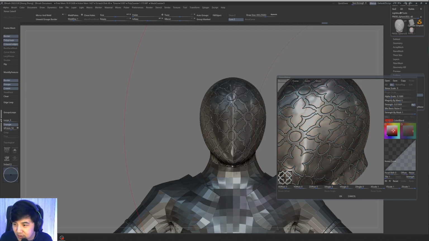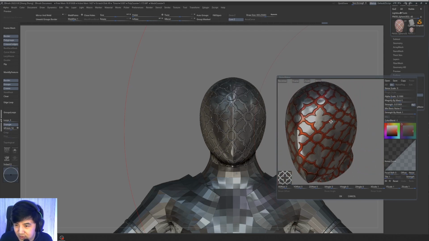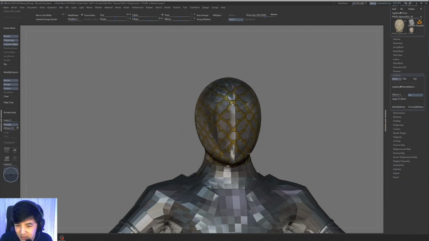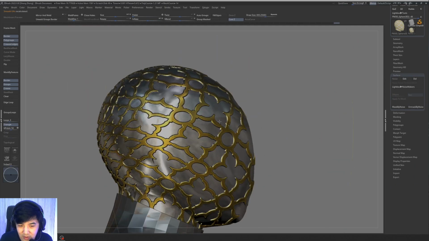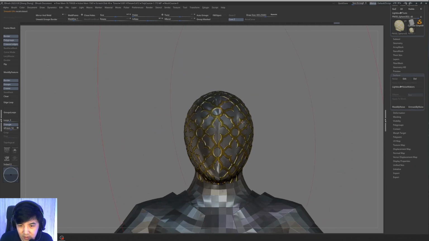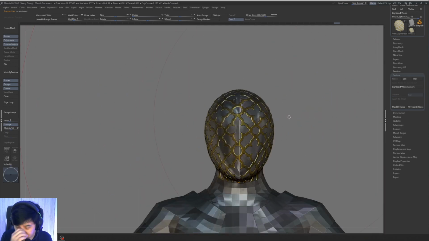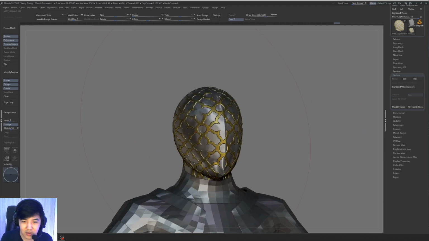If you want to do the inverse, you can do that as well. So you can have gold bands or something, I don't know. You just apply that to mesh, and then the polypaint will also carry over. So yeah, you can do that. It's pretty handy, especially if you use this in combination with Substance Painter. So you have a lot of really cool options to